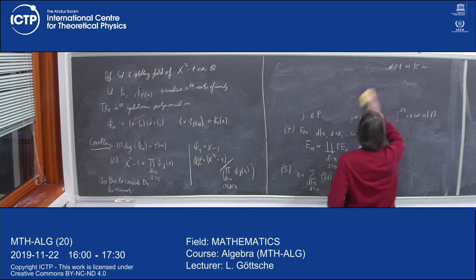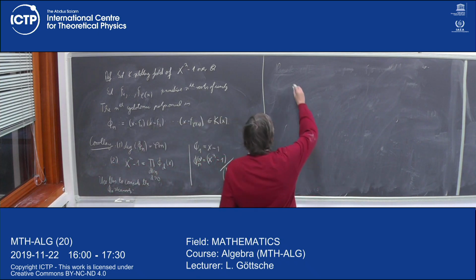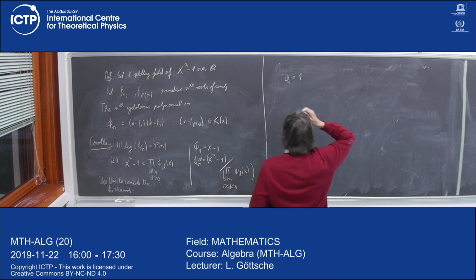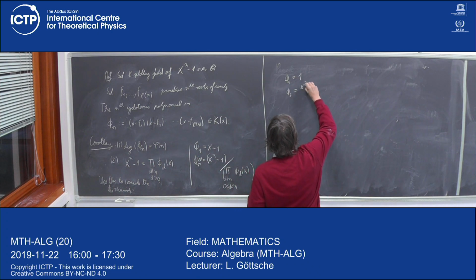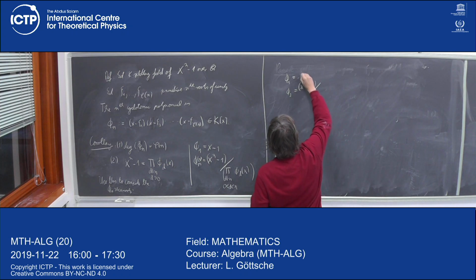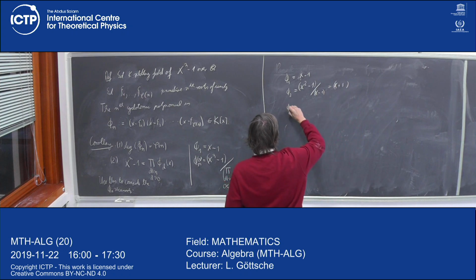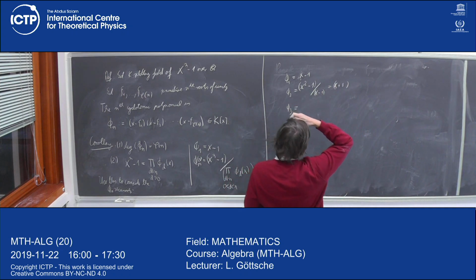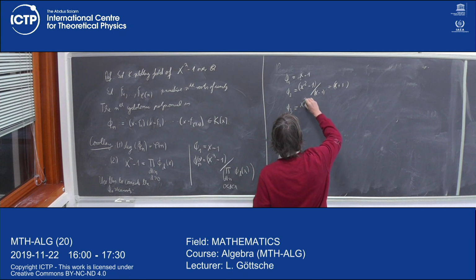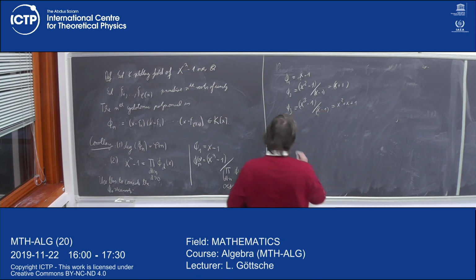So as I said, P1 is equal to 1, then P2 is equal to x squared minus 1 divided by P1, so divided by 1, x minus 1 divided by x minus 1, which is x plus 1. Then P3 is equal to, the divisor is also only 1, so x to the third minus 1 divided by x minus 1, which is x squared plus x plus 1, and just one further one,